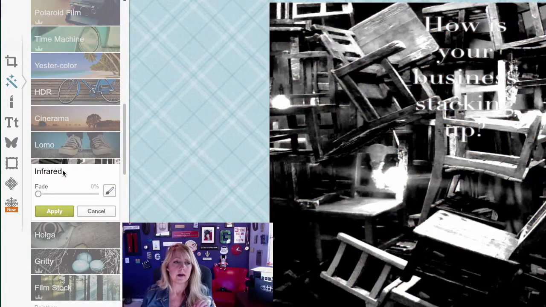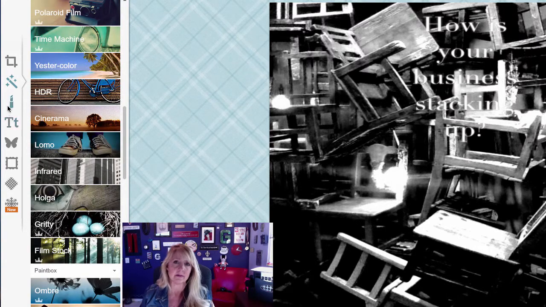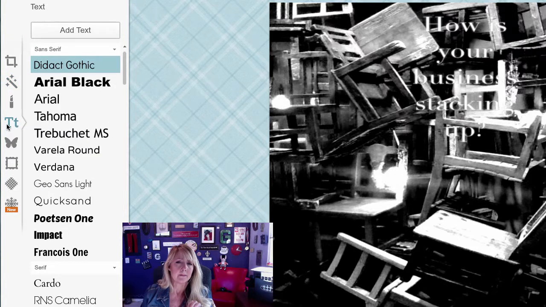Here's a tip on adding text to your images, which I recommend if you're using images in your business social posts. Putting text, at least putting your website on here or a watermark with your logo, it helps prevent people from just stealing all your photos. And especially if you've paid a lot of money. I mean, we subscribe to different photo sites, and we pay a lot of money, so yearly subscriptions to these sites. So we're buying a lot of photos, and we spend a ton of time really searching for those cool